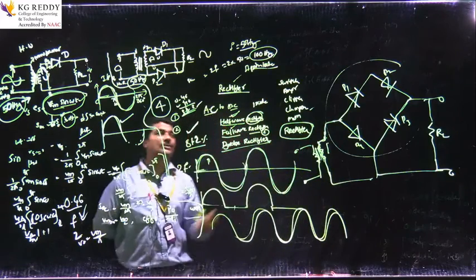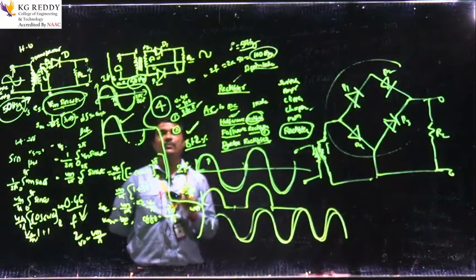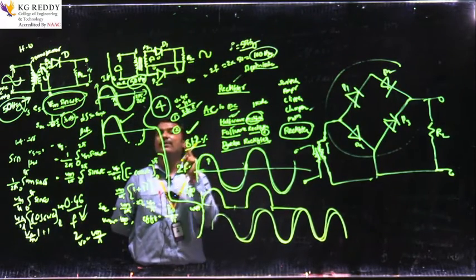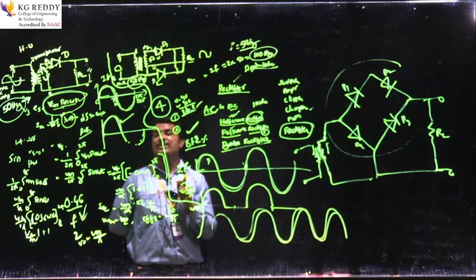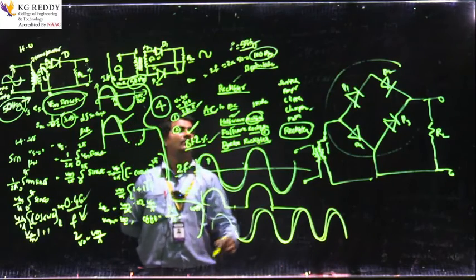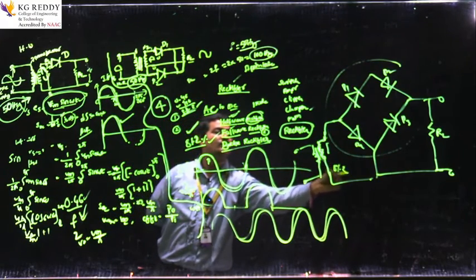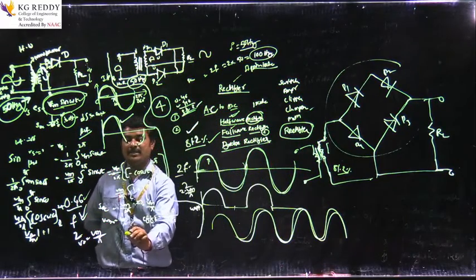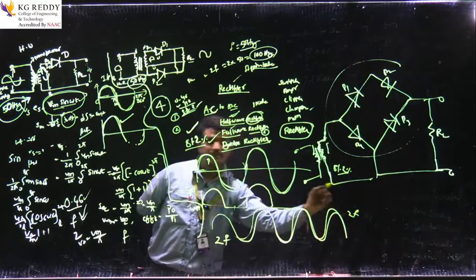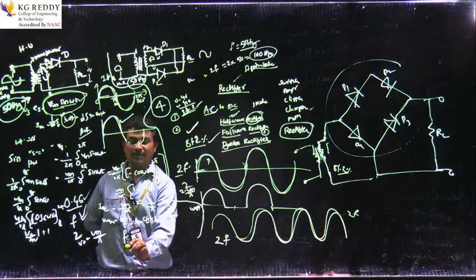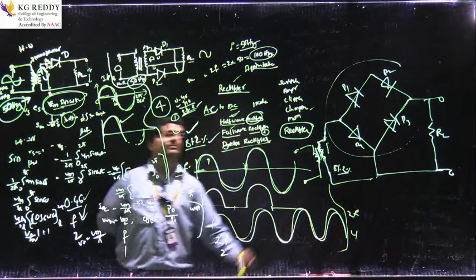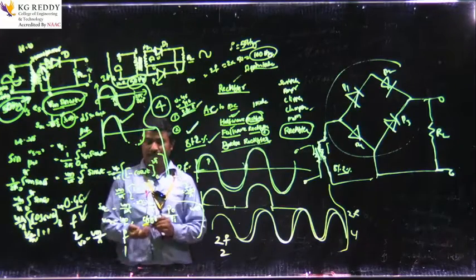How many diodes do we use in a bridge rectifier? 4 diodes, whereas a full wave rectifier uses 2 diodes and a half wave rectifier uses 1 diode. The efficiency for the half wave rectifier is 40.6, and for the full wave and bridge rectifiers it is 81.2. The frequency is F for the half wave rectifier, and 2F for the full wave and also the bridge. Number of diodes: 1, 2, 4. Thank you. We will discuss filters in the next class.